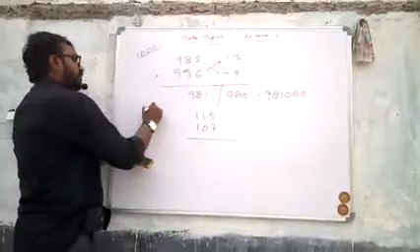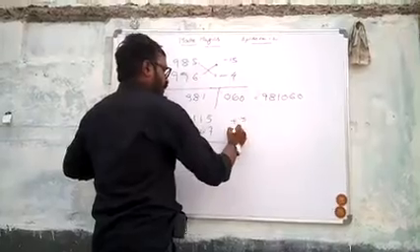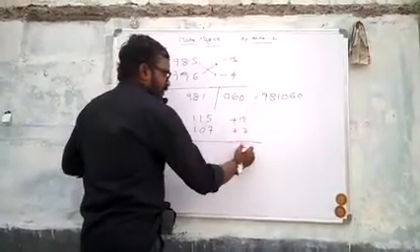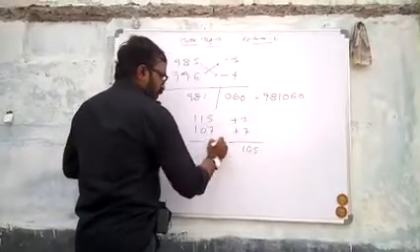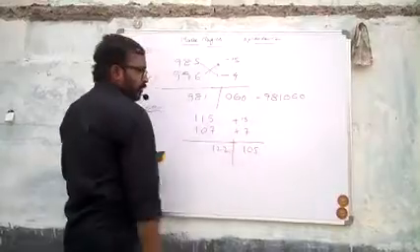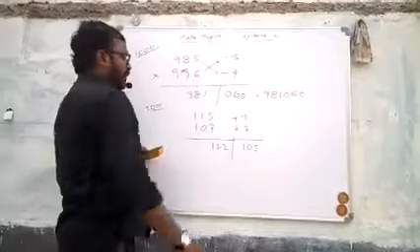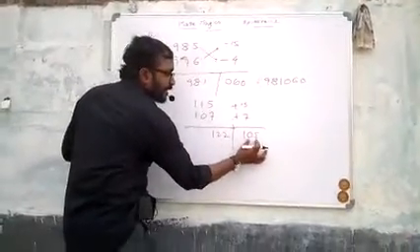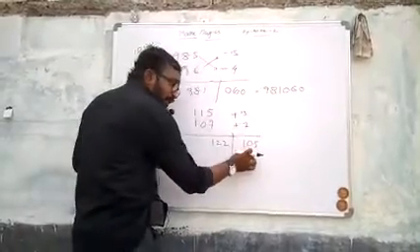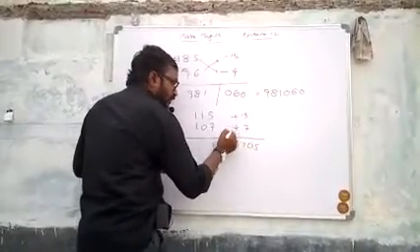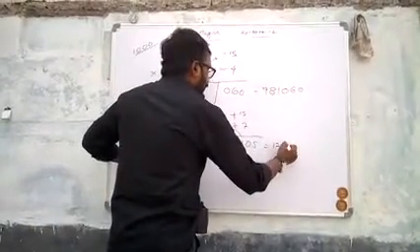Similarly, for example, if you want to find the product of 115 into 107, its base is 100, obviously here we have to write plus 15, here we have to write plus 7. 15 times 7 is 105, plus into plus is plus. 107 plus 15 or 115 plus 7 is 122, oblique. We can write this answer by simply removing the oblique. But here we have 3 digits, and its base is a 2-zero number. So we should have only 2 digits here. So sum this one to this side, and it becomes 12305.